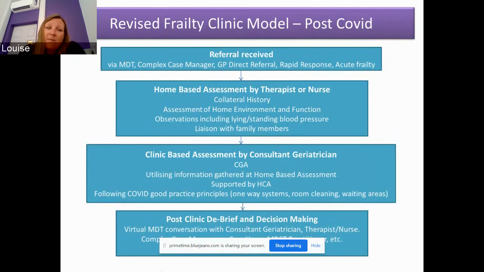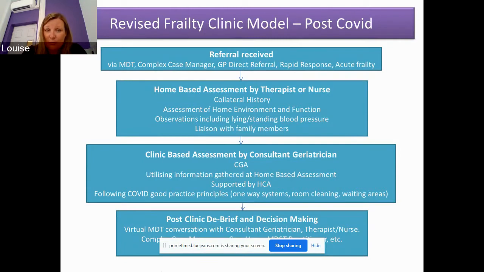So we've had to do some thinking about the Frailty Clinic model, and when we originally talked about launching it, we had an idea of a one-stop shop for a patient, that they can come into a clinic and see a range of professionals and have a range of assessments undertaken from nursing, physio, OT and the geriatrician. In the context of COVID, we've come to the realisation that it doesn't feel appropriate to bring frail people who will generally be quite vulnerable to COVID into a clinic situation where they're having contact with multiple professionals.